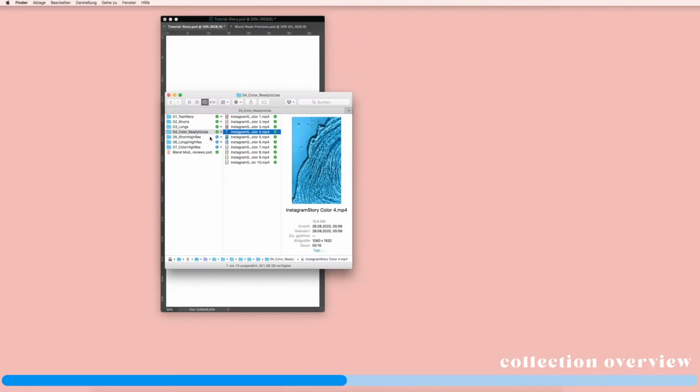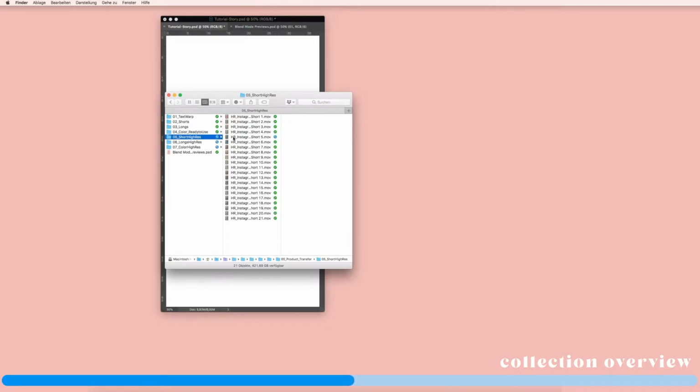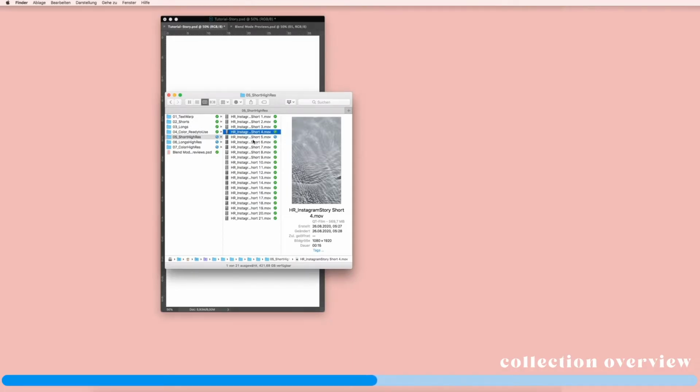The other ones we have here are the short high resolution. This is basically the same as you can find in the short number 2 here, but the resolution is higher in case you want to make a higher quality video. But the first resolution should be totally fine for Instagram stories, for example. The high resolution files, you really don't need them if you only want to make Instagram stories or social media content, because those are much bigger